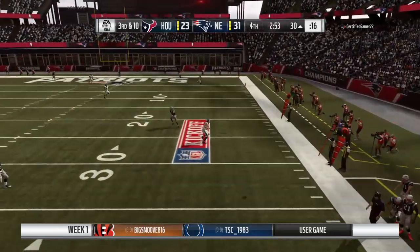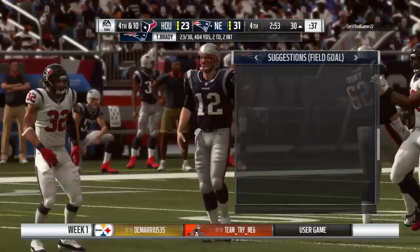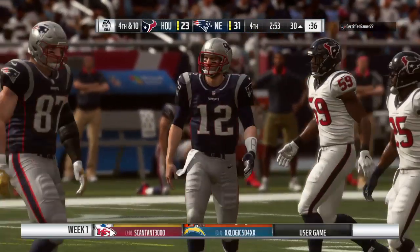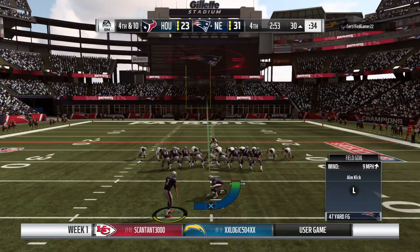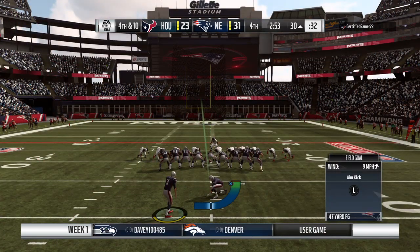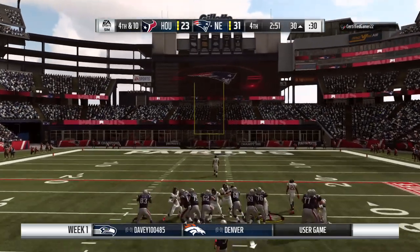Roy stays up, and he'll just toss it away. So he throws it away, and that brings up 4th down. They certainly thought they had him surrounded and probably thought they were going to get him on the ground and get the sack, but he was able to elude that. And even though it threw it incomplete downfield, if you're a defensive back, you're loving the pressure that you're seeing